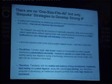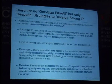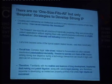The typical method which one frequently sees, particularly in instances where patents, for example, are being filed in a manner to minimize costs, so there's not a lot of upfront thought into what's going on with a particular patent portfolio, but a robotic approach of preparing, filing and prosecuting patent applications with no real alignment of those patents and patent families with particular business outcomes, is a very inefficient strategy, as you can imagine, and obviously is somewhat of a financially self-defeating proposition. So we're here to talk today about thinking about the portfolio more holistically, and thinking beyond